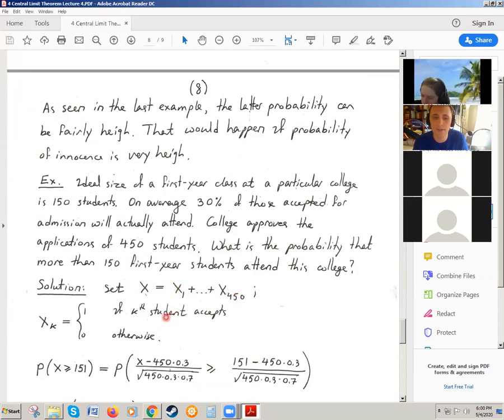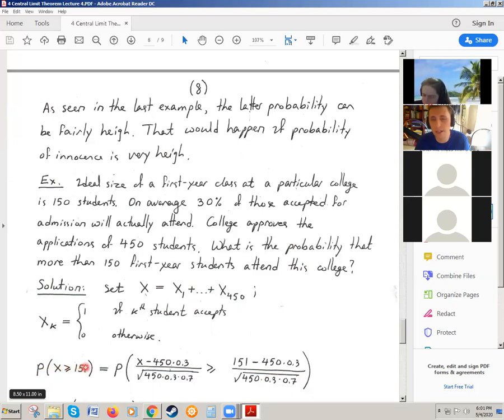And that means the variance is 450 multiplied by the probability of accepting and also multiplied by the probability of rejection. So 0.3, 0.7. That's because this is binomial, right? If you remember the binomial, we did this calculation several times. So we have this. Then the way I set it up, I said, okay, I want to